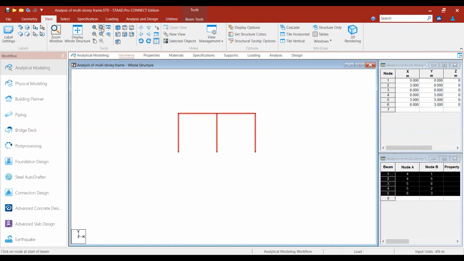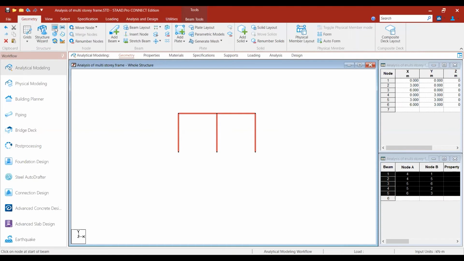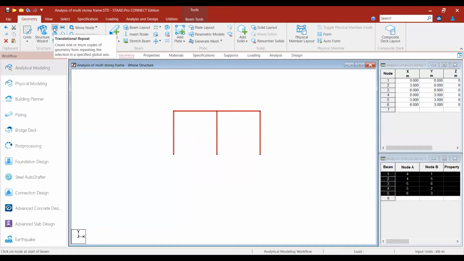In the geometry there are different commands: translation repeat, mirror, circular repeat. Translation repeat means you can translate an ordinary frame and repeat it. You take translation repeat.